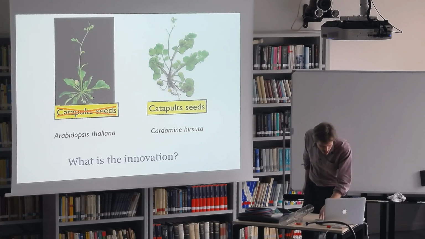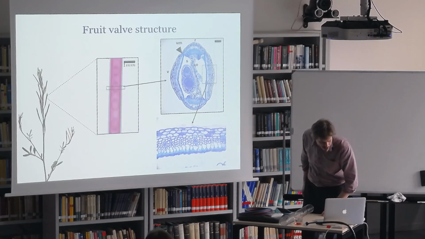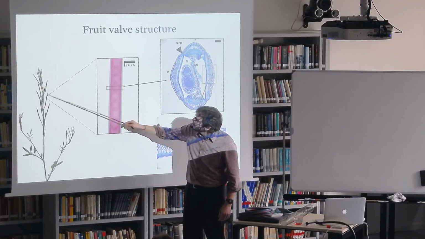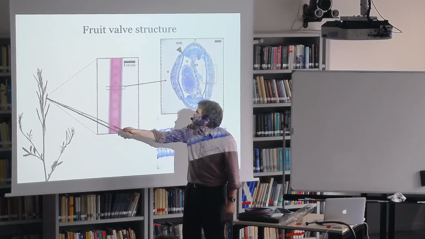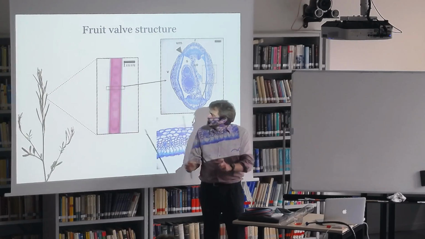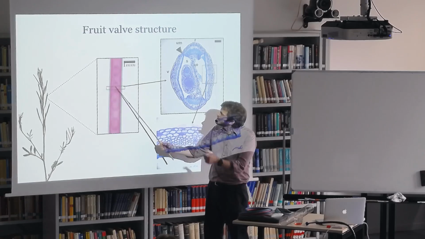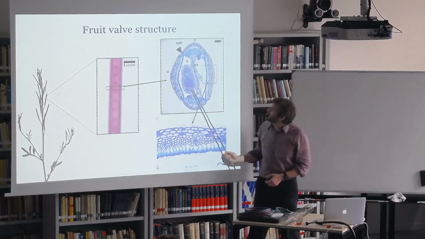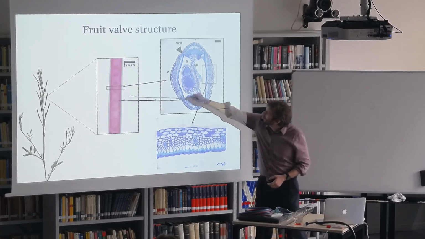And we'll see that there are two innovations that are required. So this is the plant Cardamine. This is a seed pod that's about 2 centimeters long. Let's zoom on that. It's flattish, and the width of this flattish ribbon is about 1 millimeter. If I take a section and look across this,